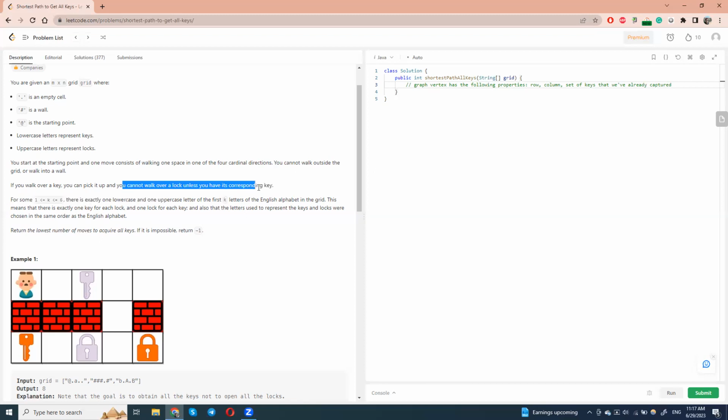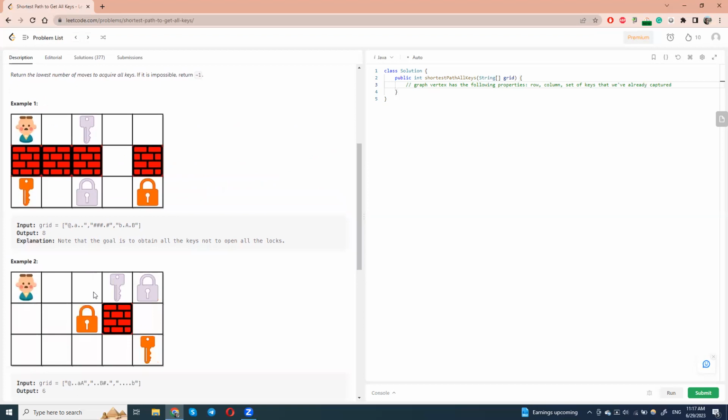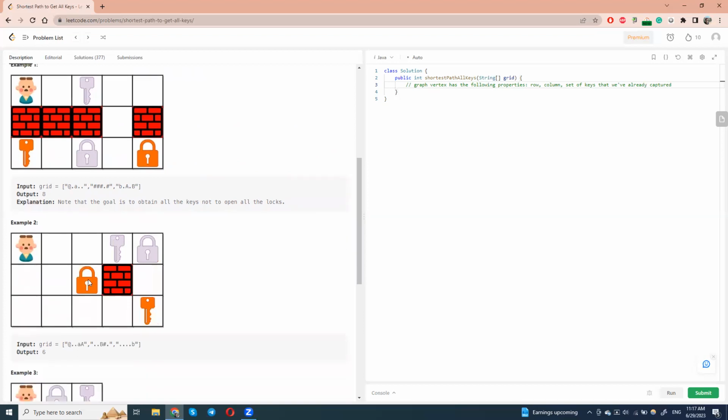Yeah, it doesn't say anything that we lose the key when we move through the lock, so I think it's fine. And in this example, the shortest amount of steps is 6, because we go here, then we pick up the key, then we have the corresponding key, so we can go here, and then we go down and we pick up the